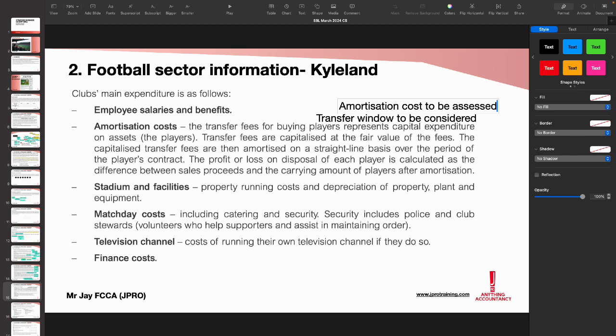Now, stadium and facilities. You've got property running costs, depreciation of property, plant and equipment. Okay. Match day costs: your catering, your security, which includes police and club stewards. Keyword, volunteers who help supporters and assist in maintaining order. Then you've got your television channel, the cost of running your own channel. And then you've got your finance cost if you have loans. So they have given you the standard items that go into the P&L of the club. You know what the P&L of the club is. Then you can cross compare with what appears. Remember, this can be compared against